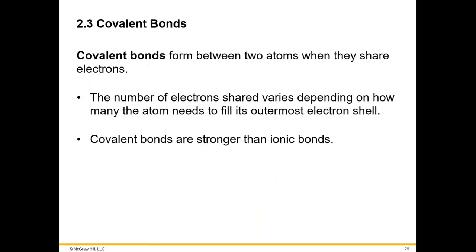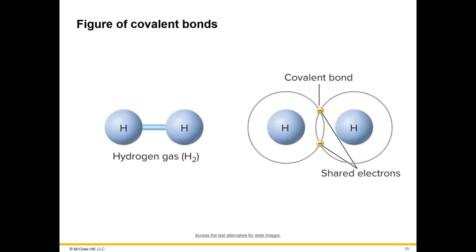When we talk about covalent bonds, these form between two atoms when they share their electrons. So basically we've got two atoms that need electrons and they've decided to share them. The number of electrons shared is going to depend on how many that specific atom needs to fill its outermost electron shell. These covalent bonds are going to be stronger than ionic bonds, which makes sense. You've got so much pull because not only does the atom over here need this electron badly, the atom over here needs this electron badly. So you can see that they're both kind of holding this electron in place,